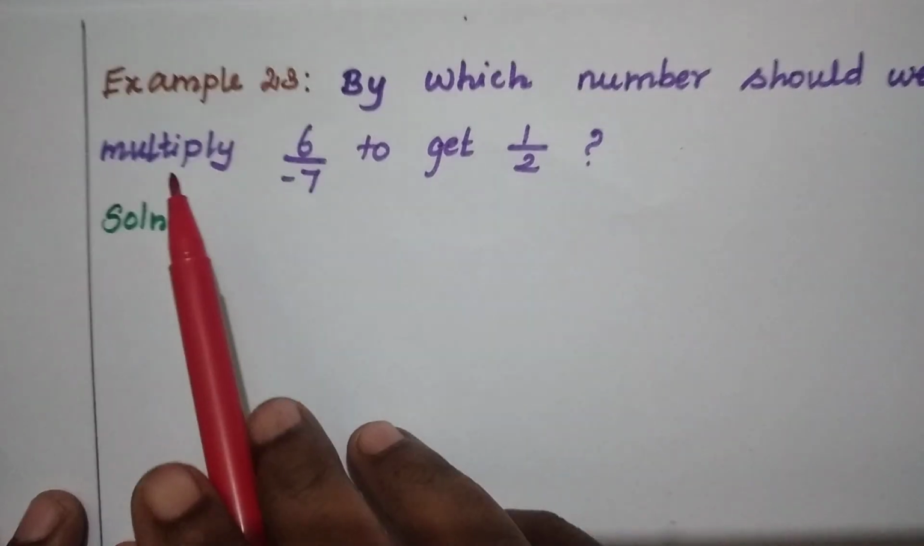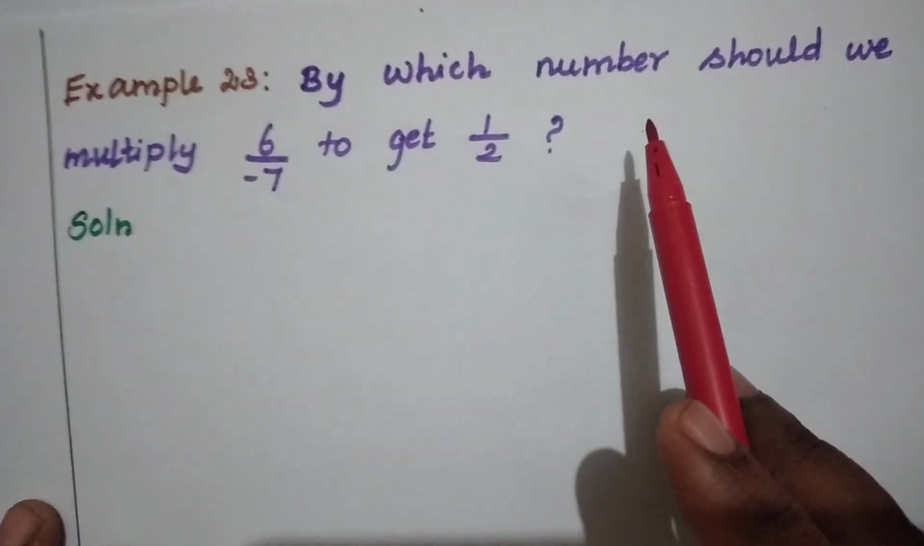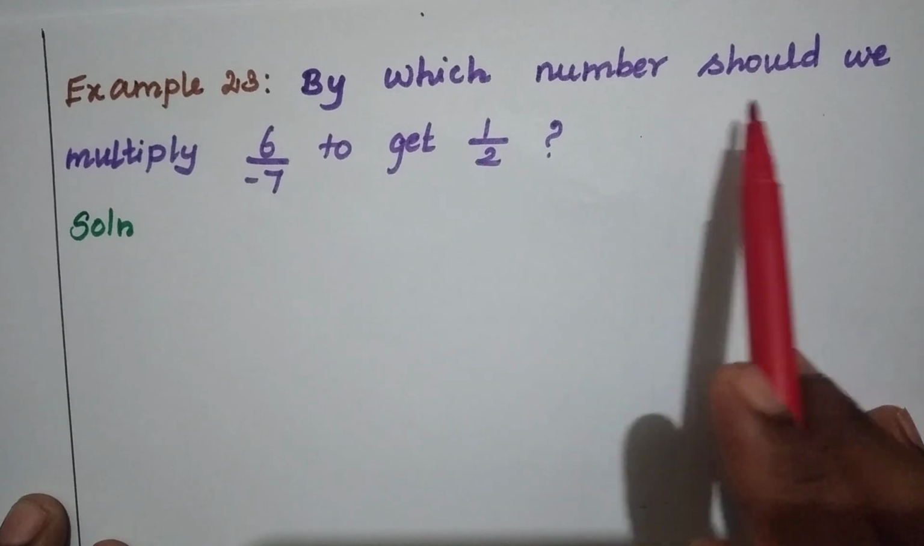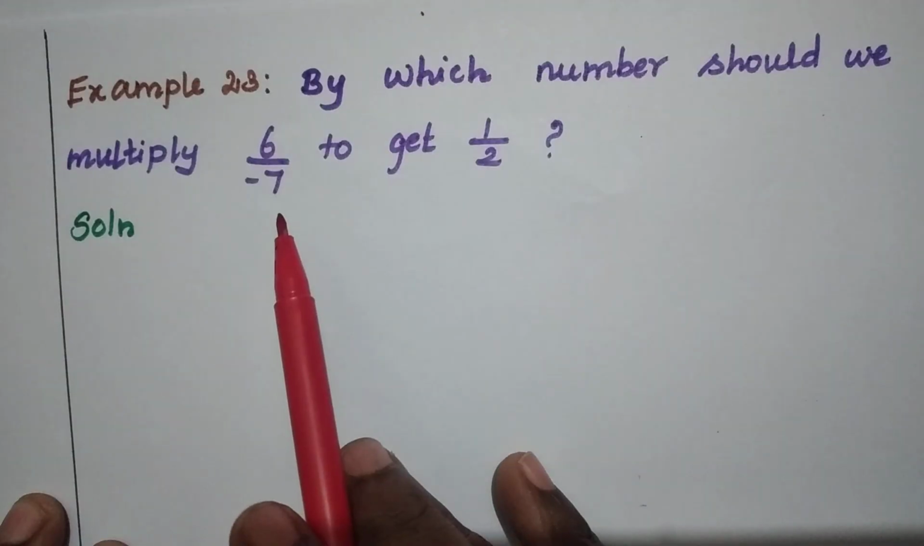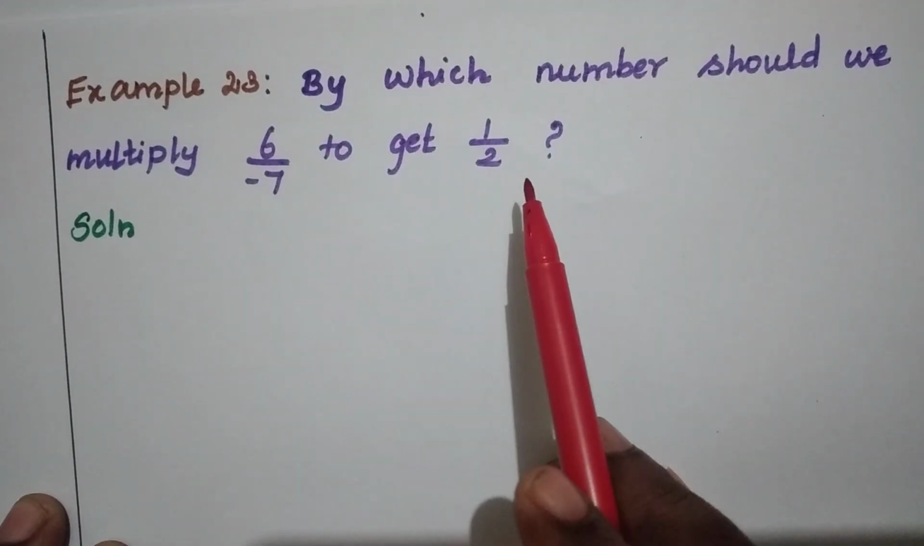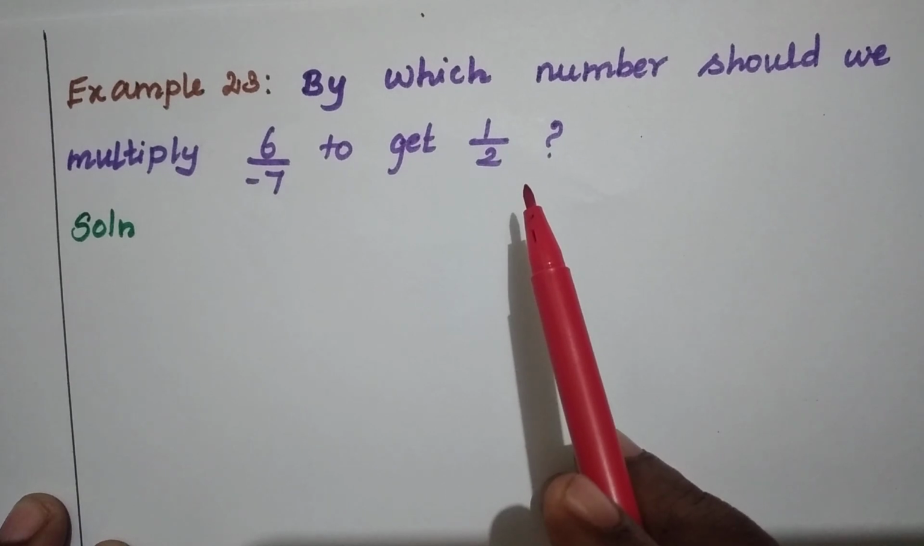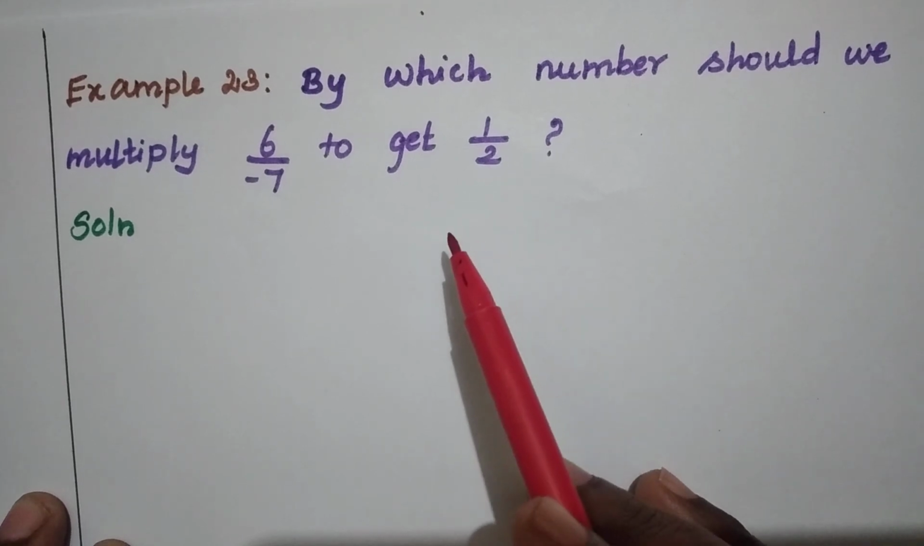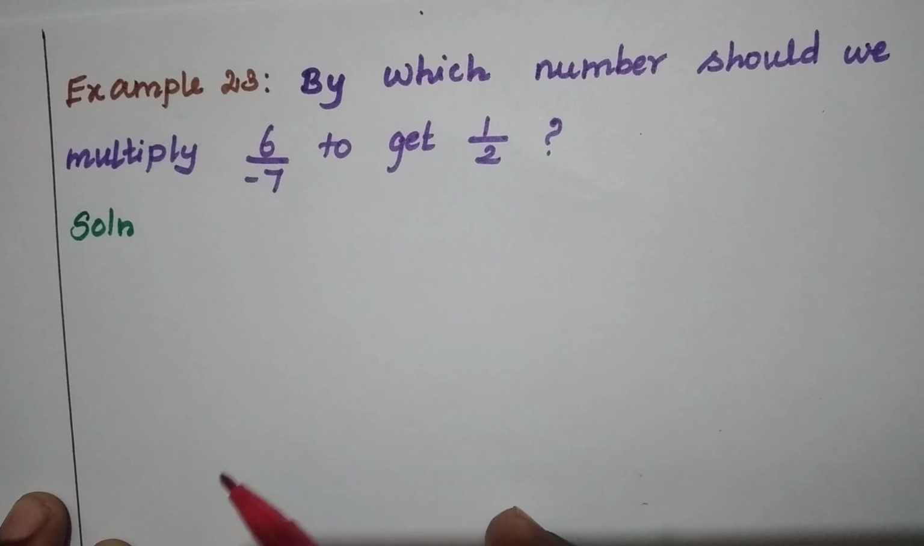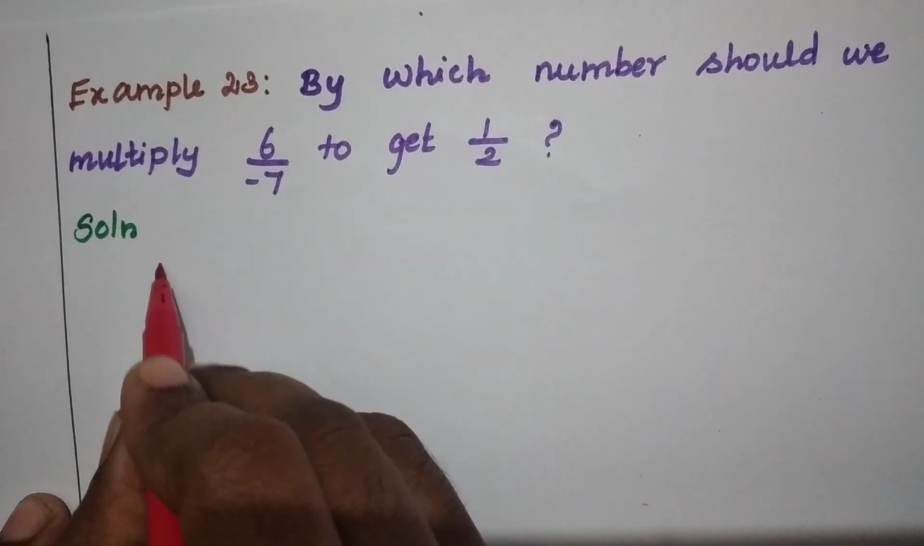Yes. Example 23. By which number should we multiply 6 by minus 7 to get 1 by 2? Let us take a simple example. By which number should we multiply 2 to get 6? We know that the answer is 3. How do we get it? By dividing 6 by 2. Similarly, in this question, the required number will be 1 by 2